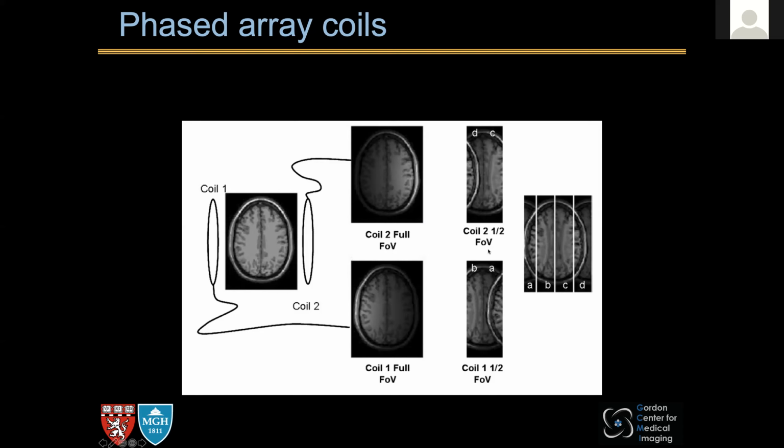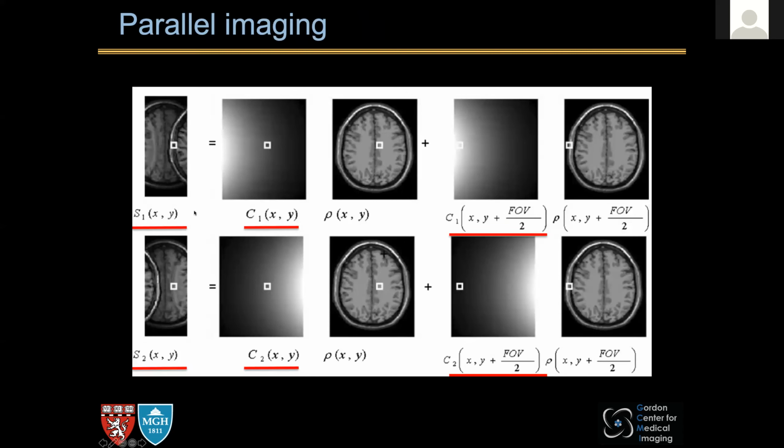For these aliased voxels, we know exactly how they are aliased. For example, the signal at this voxel is the sum of the voxel here in the aliased image and the voxel that is aliased onto it